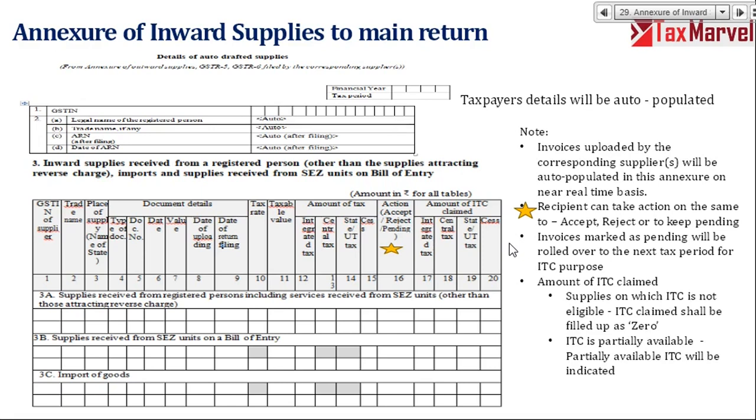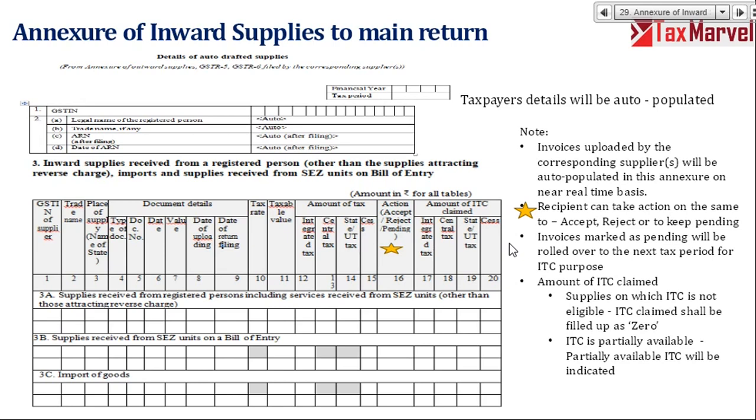In case supplies are not eligible, you see here the last table, amount of ITC claimed. The supplier will still upload invoices, but I don't want to claim ITC. In this table, 17, 18, 19, 20, I'll make it 0. Like purchase of a motor vehicle for a director, right? It is ineligible ITC.